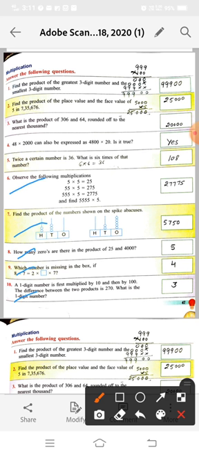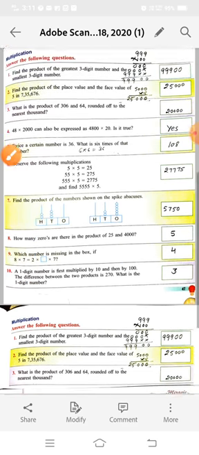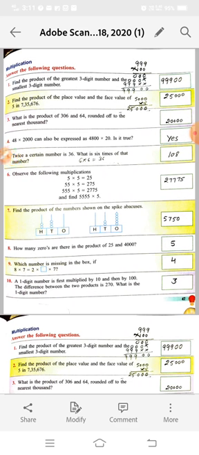Okay students, so now our today's work is completed. We did page numbers 46 and 47 of chapter number 18, Mathematical Operations. In our next lecture we will do page numbers 48, 49 and 50. Okay, 48, 49 and 50 we will do in our next video lecture.